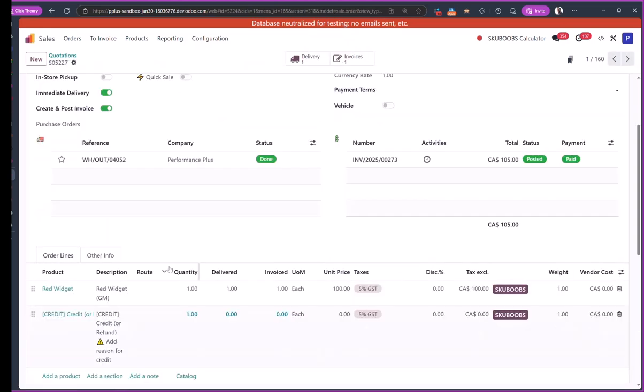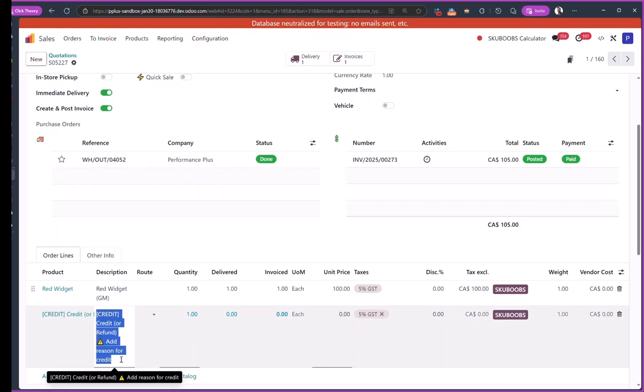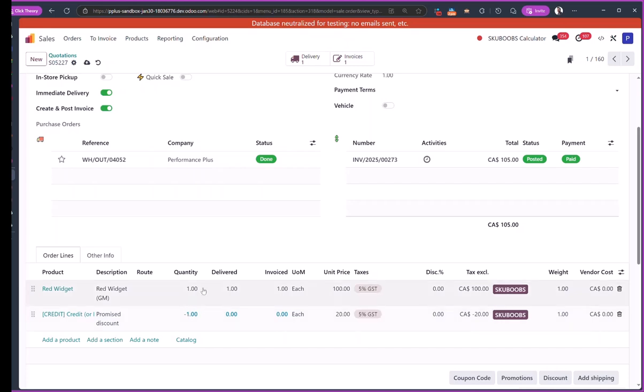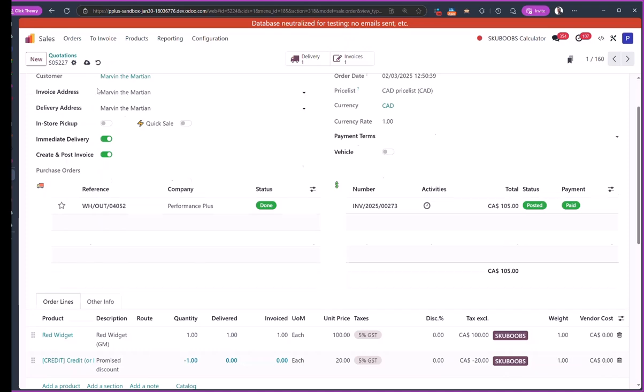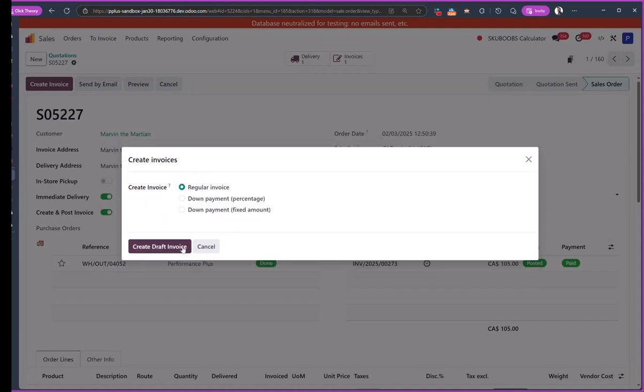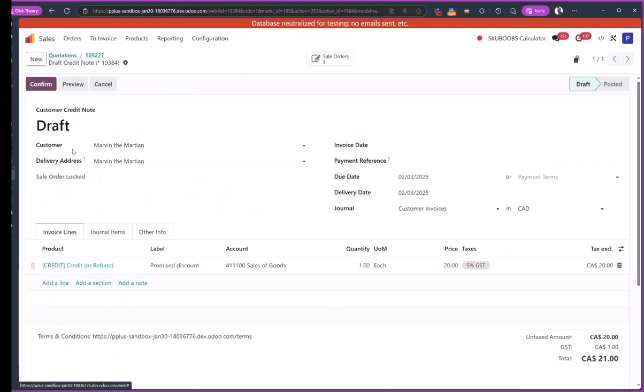We go back, we're adding that credit, we're putting the reason in, promised a discount. You're going to want it to be credited, so it's going to be quantity -1, and the amount is going to be $20. And we're also going to refund him the GST on that $20. So this all makes sense. You can see that the line we're putting in here is blue, meaning we haven't invoiced for it yet, and this one's already invoiced. So now we create invoice, and we'll just do a regular one. Now you get a credit note for that credit or refund for $20. So once you confirm this,